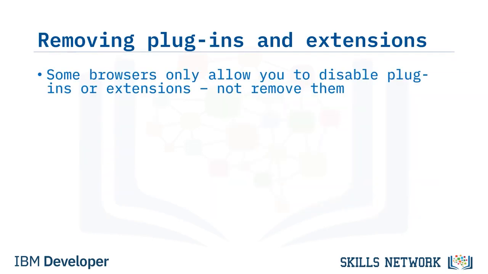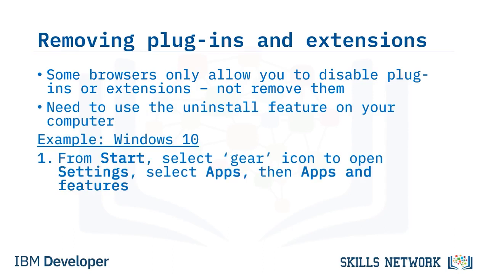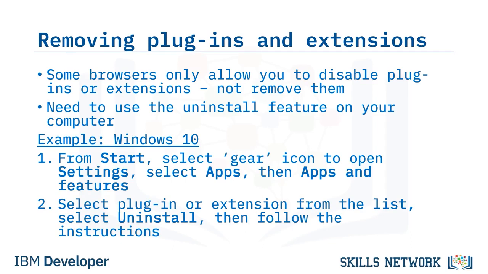You may have noticed that some browser settings only allow you to disable a plugin or extension, but they do not allow you to remove them. In these cases, you need to use the Uninstall feature on your computer. For example, in Windows 10, from the Start menu, you select the gear icon to open Settings, select Apps, and then select Apps and Features. From this list of apps and features, you select the plugin or extension you wish to remove and select Uninstall,